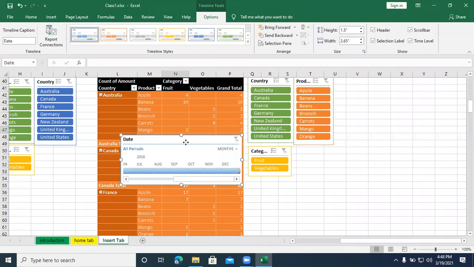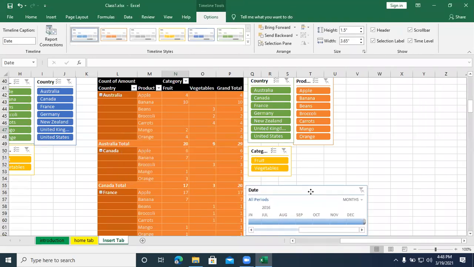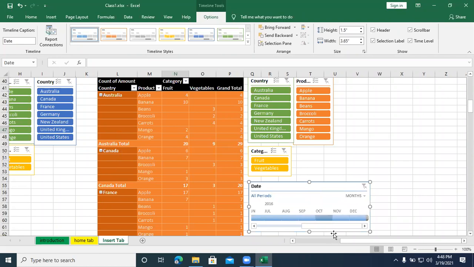This is one type of filter. It is available from the 2010 version onwards and supports only pivot tables. As I told, you can change the month into date: click on this and you can change it to year, quarter, month, and day.